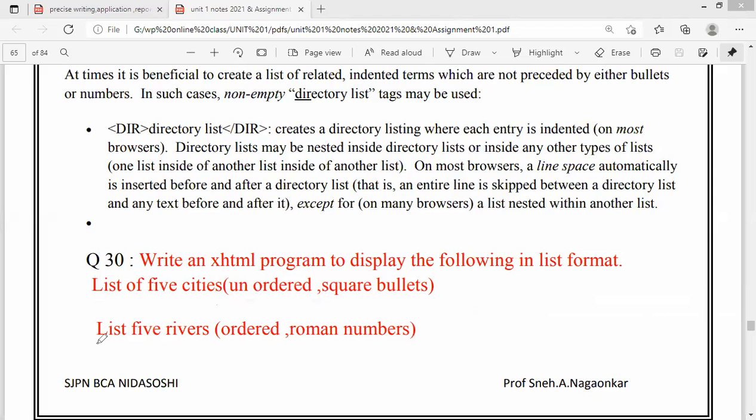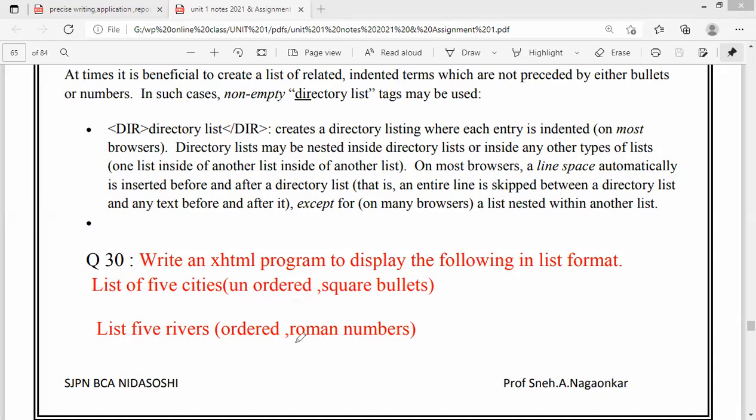What is the second list? List of 5 rivers. I have to note down or I have to list out 5 rivers. Okay. What is the order of that list? Order of that list is in the form of ordered. So you have to take which tag for ordered? OL tag, isn't it? For unordered, you have to take UL tag. So inside OL tag, you have to take 5 set of rivers, right?